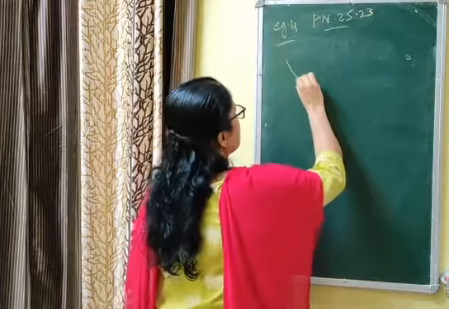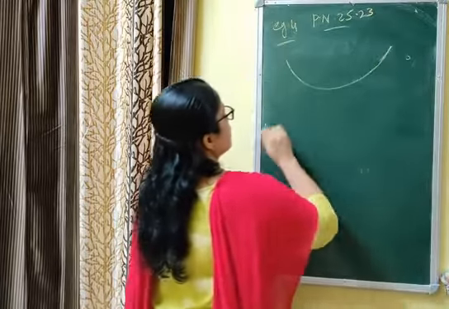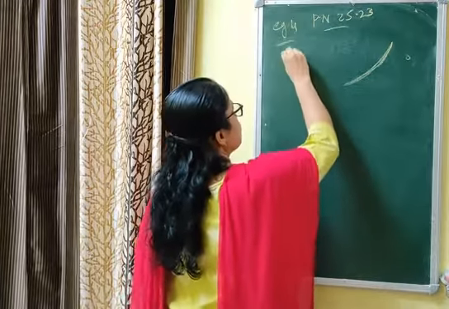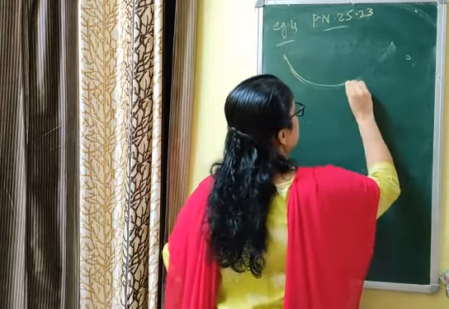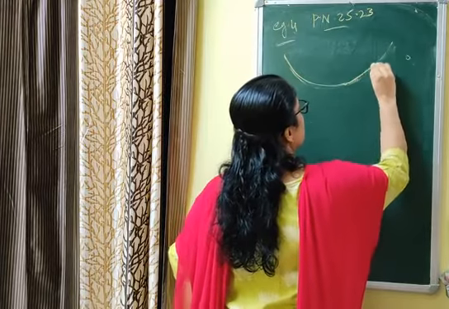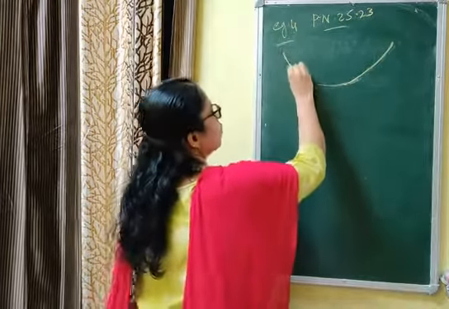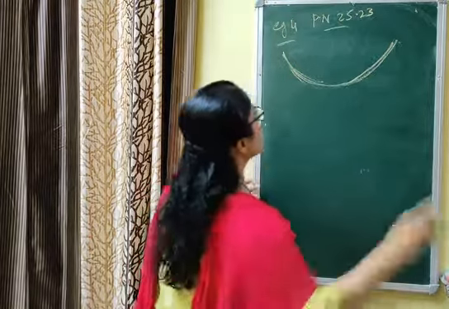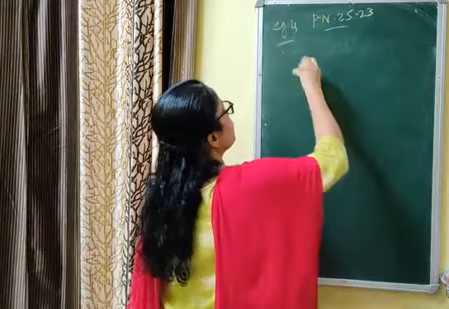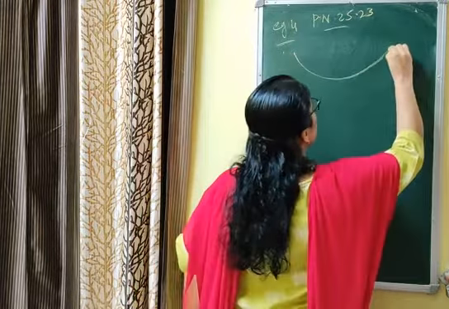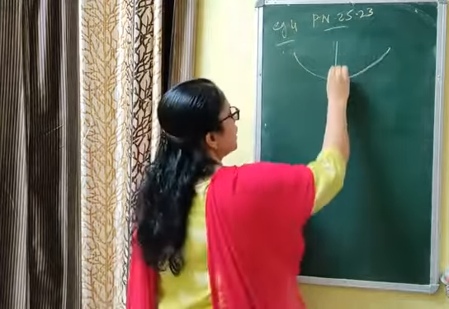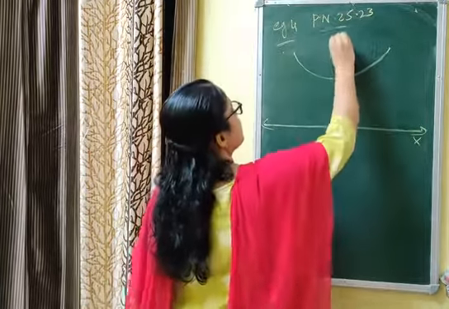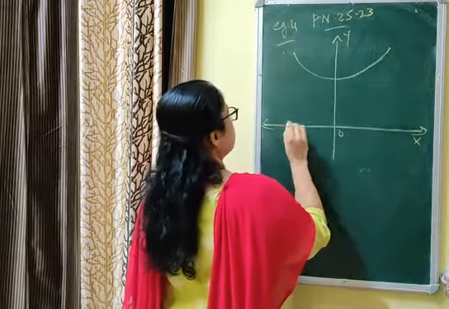Let me draw the figure. You are given the bridge is like this. This is the bridge. The bridge is in the form of an upward parabola, that is understood. You can use your common sense. This is the bridge. A parabola should be symmetrical. Let me draw once more. This is the bridge, and by taking the coordinate axes as x-axis and y-axis, this is y, this is x.